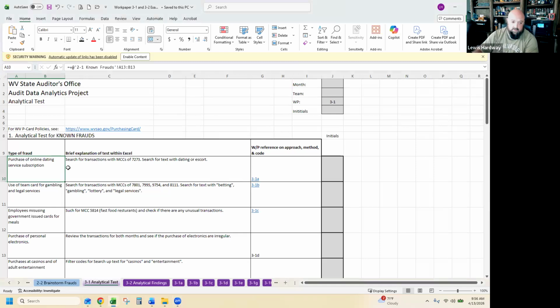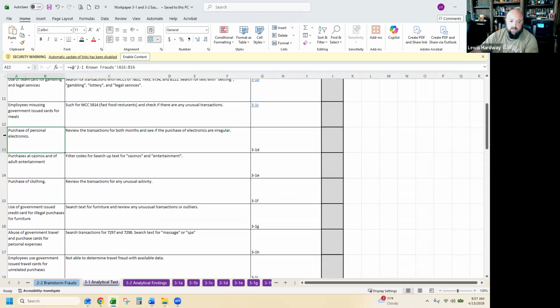That's what we did in the Workpaper 2 series. Now, in this particular example, there's three sample items at the top that I've had in there from the start, basically to give you some idea of somewhere to start. And you can see I just linked them directly back to the brainstorming file.